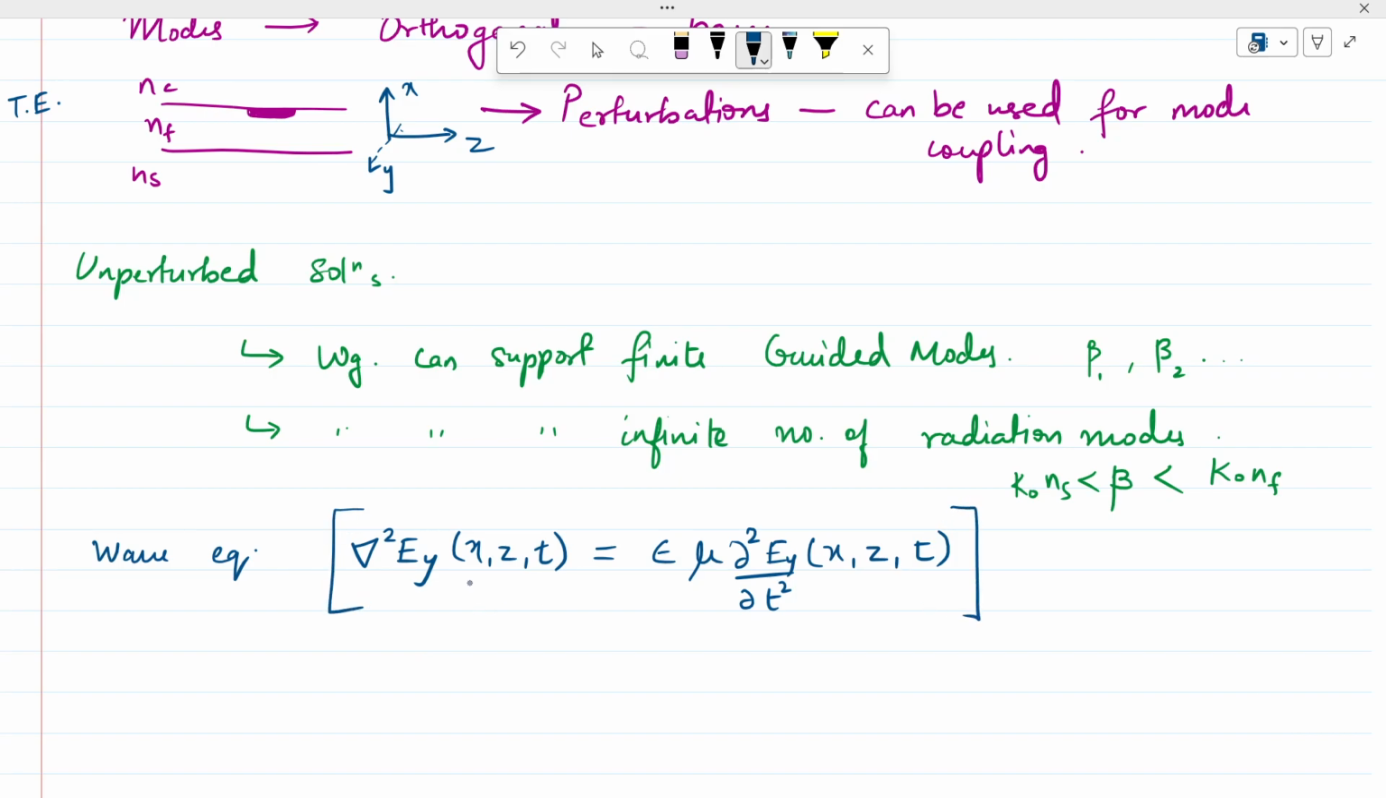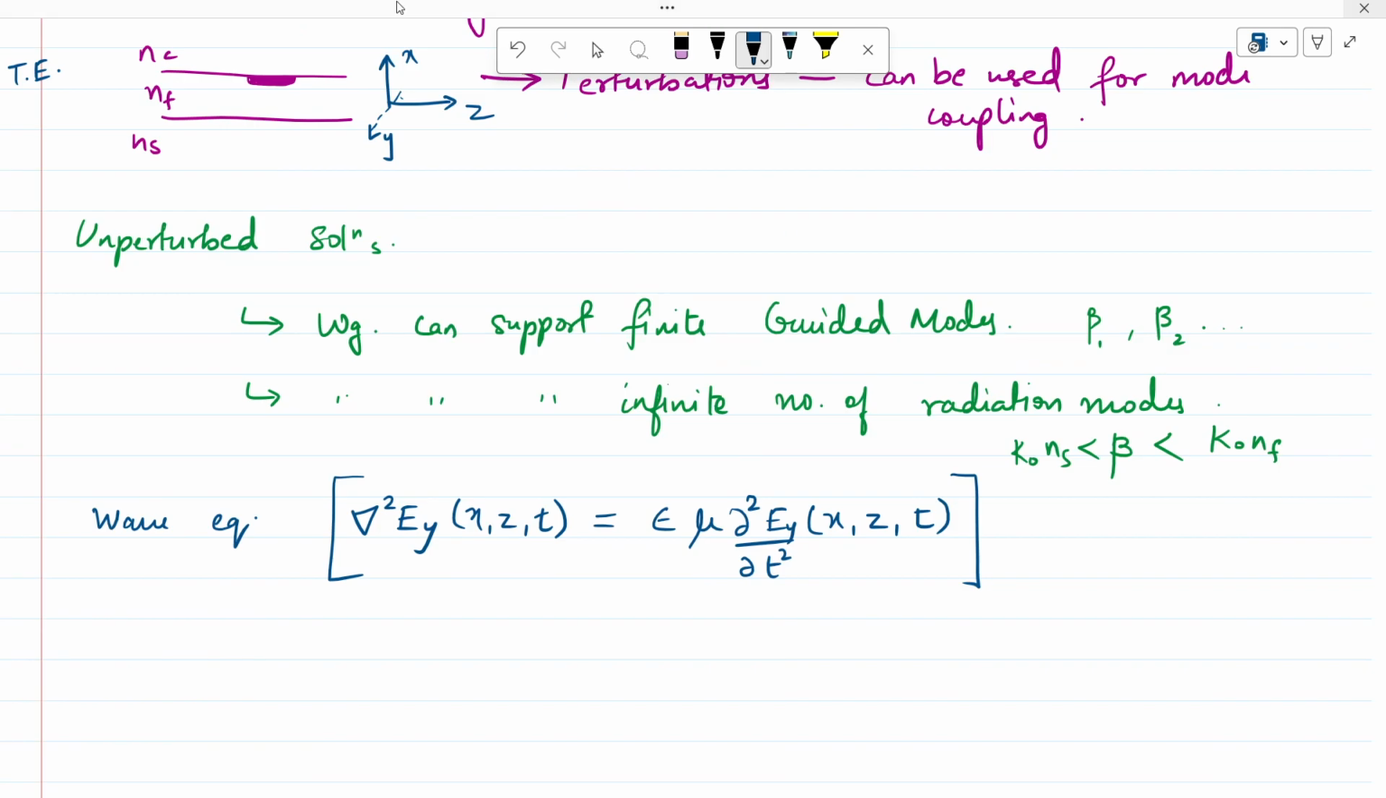So this is my wave equation. We find all the mode solutions for this wave equation, and then we use the perturbation approach to find the mode solutions for the perturbed waveguide. We have already done this before, finding the mode solutions for a slab waveguide. They are of the form Ei of x comma z comma t